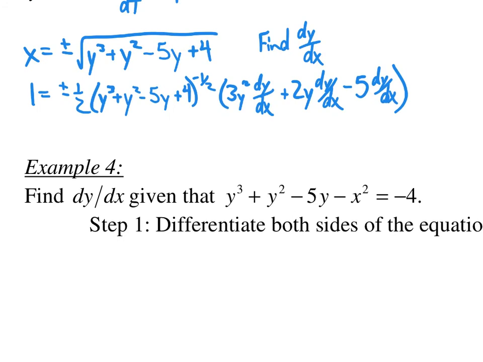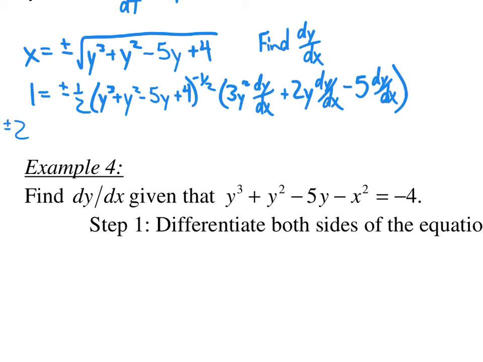Does everyone see what I've done here? So at this point, I need to get the dy dx by itself. So I'm going to multiply both sides by the plus or minus half, or plus or minus 2. And I'm also going to bring that y cubed and so on to the negative 1/2 to the other side by multiplying to make it a positive exponent. Okay? So that's going to give me a plus or minus